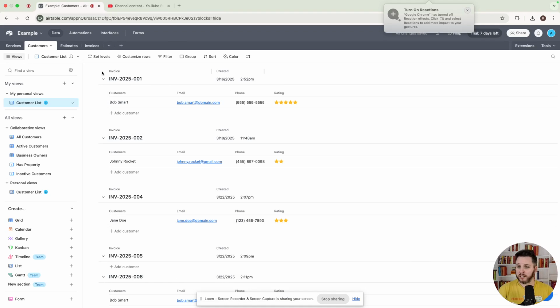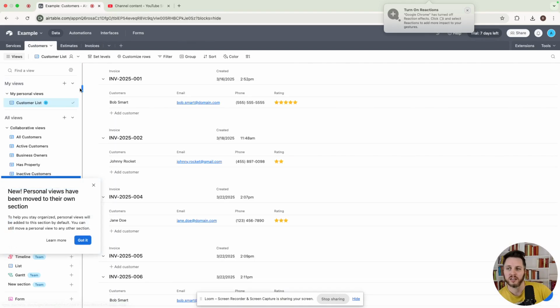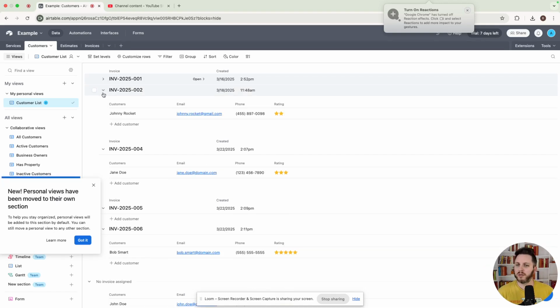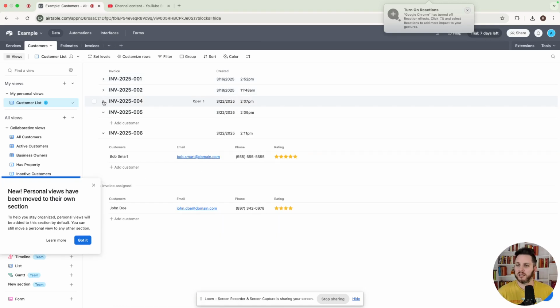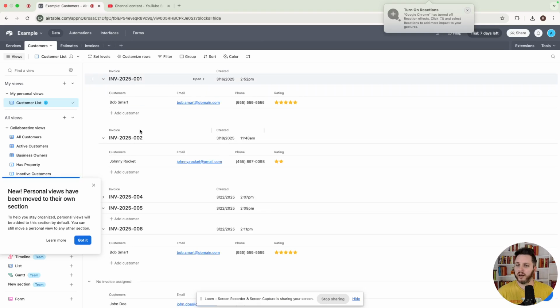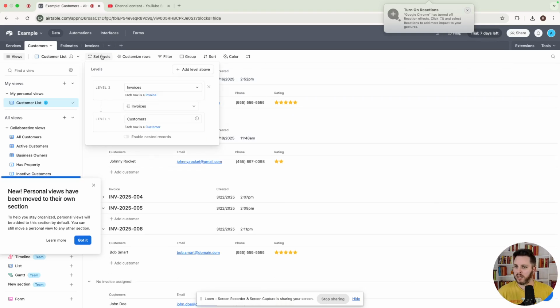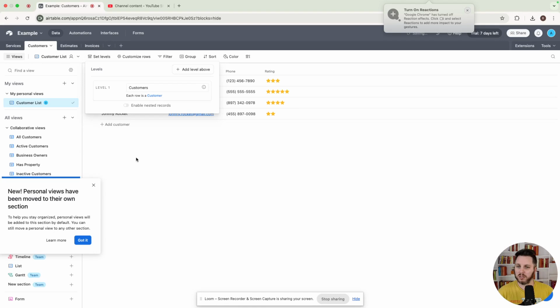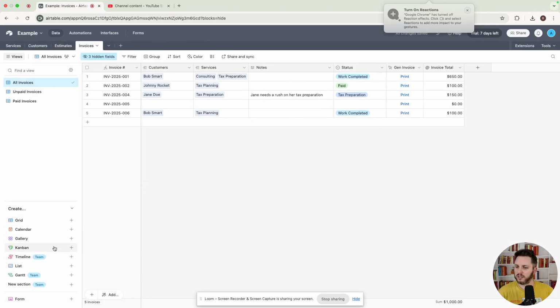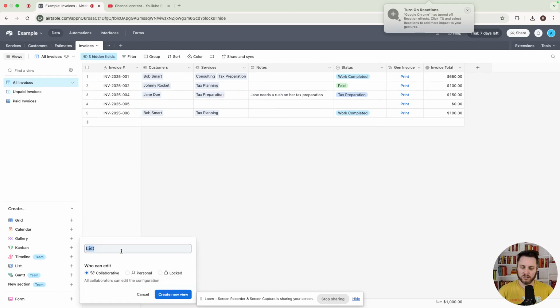So for each invoice, now you're going to see, okay, this is the first invoice, and it would make more sense to put this in the invoice table actually than the customers. But you can sort of see how this kind of works. I'm going to remove the level. So this is there, and I'm actually going to show this in the list view invoice, maybe